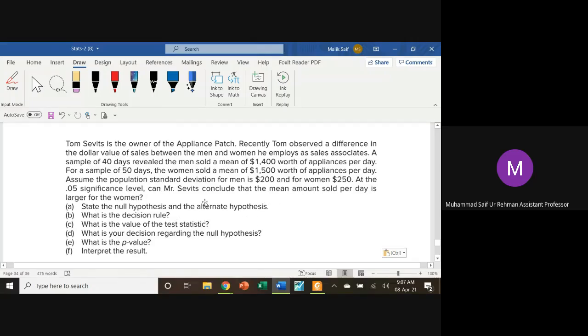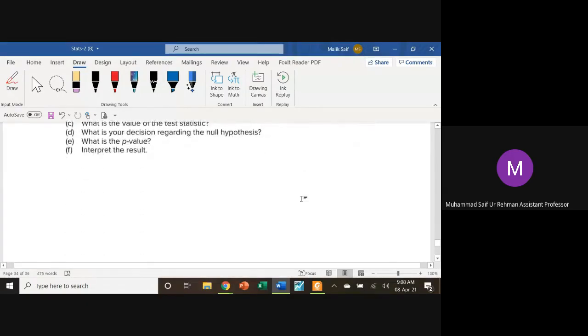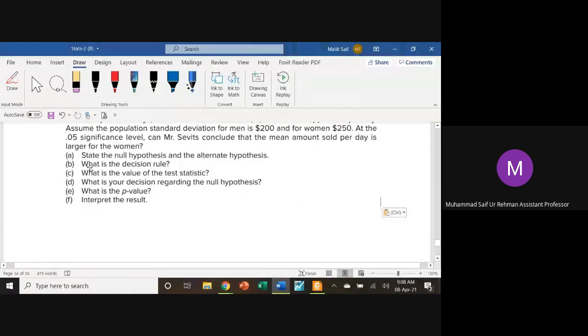Okay, so again, the word larger is there, and this will help us in constructing the alternate hypothesis. And you may see that definitely there are two populations. One population is for men and the other for women. So there are two populations. Averages are there. I mean, sample average, sample mean in case of men, and also for women. So standard deviations for populations are known. So you will use the z distribution. So this all you may conclude by just reading the story. So now let us answer all